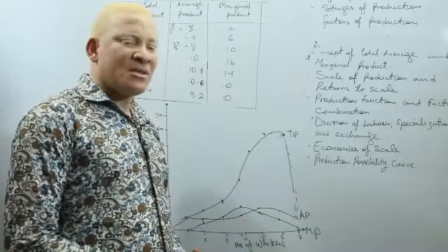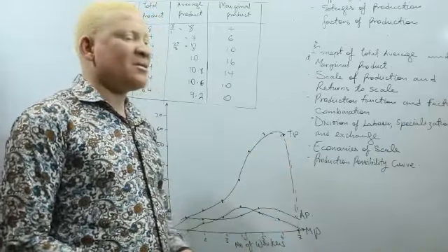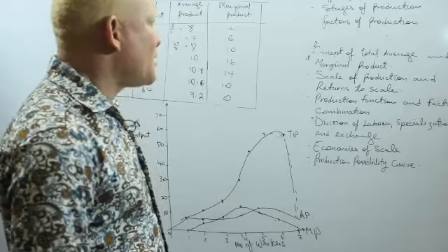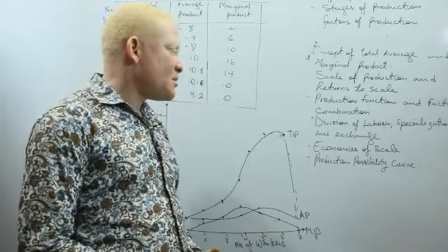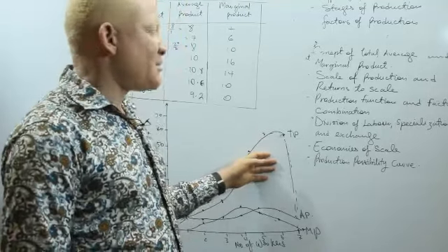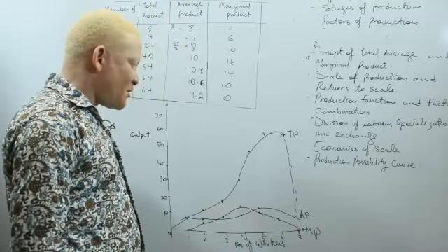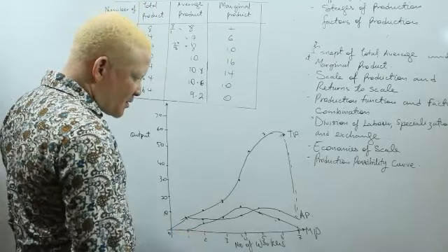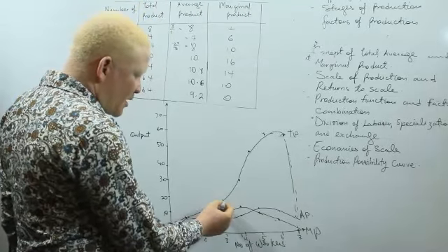Now after this 0.0, what happens is that total product continues to drop, and that makes for the thing we call the law of diminishing returns. This can also be used to explain diminishing returns. But before we go on, at the first instance, the first point where we have here,